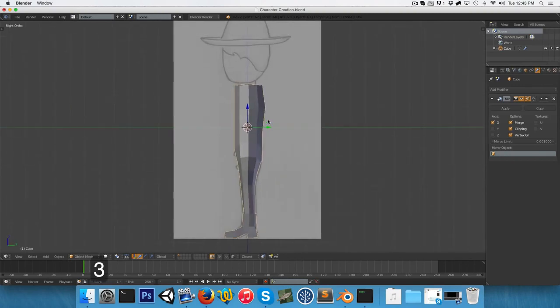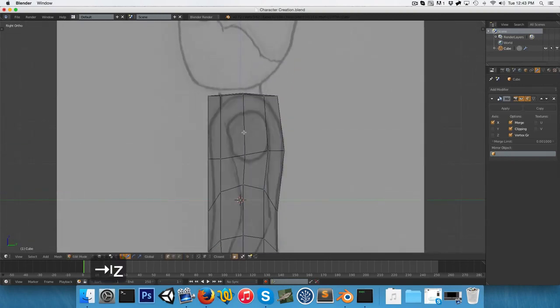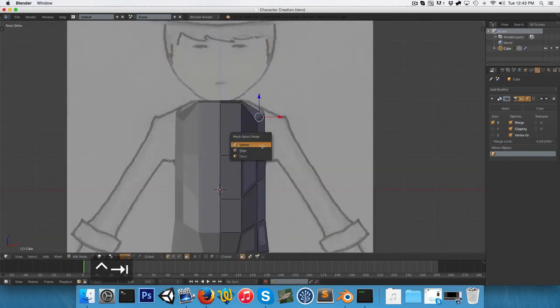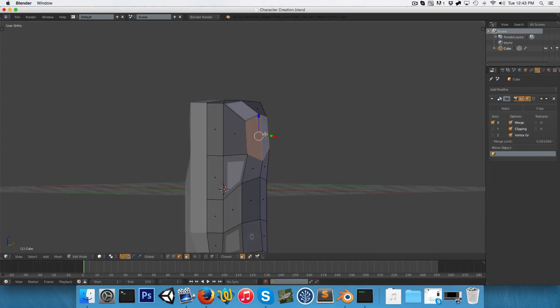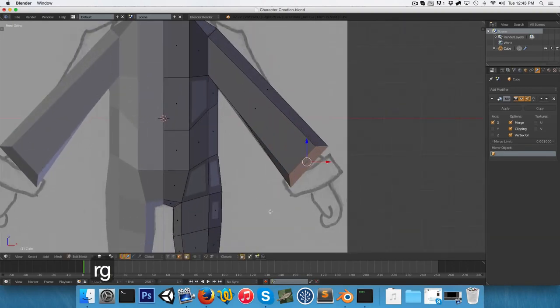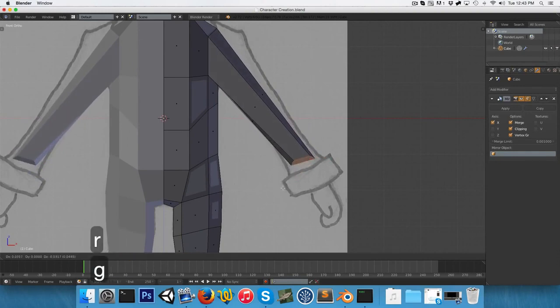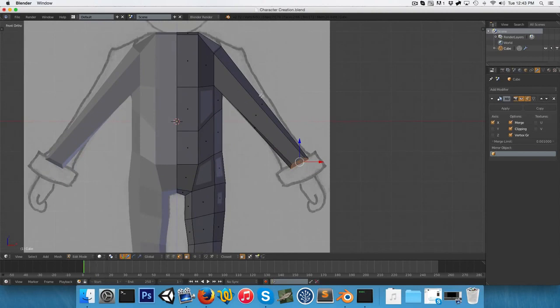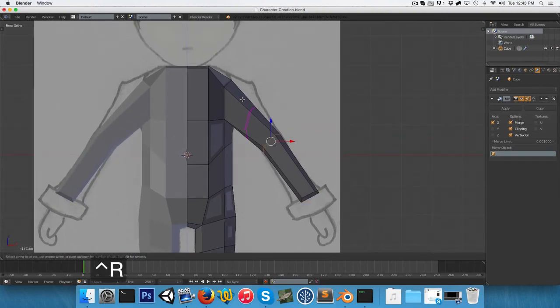Alright, so let's work on the arms. So I'm going to press 3 to go into side view. And let's see, I'm just going to arrange these vertices in a sort of circle type shape, just around where the arm is going to be extruded. And I'll select this face and just extrude it out. Can rotate it and scale it and just basically get it just about over there. And could add in an edge loop with Control R for the elbow,